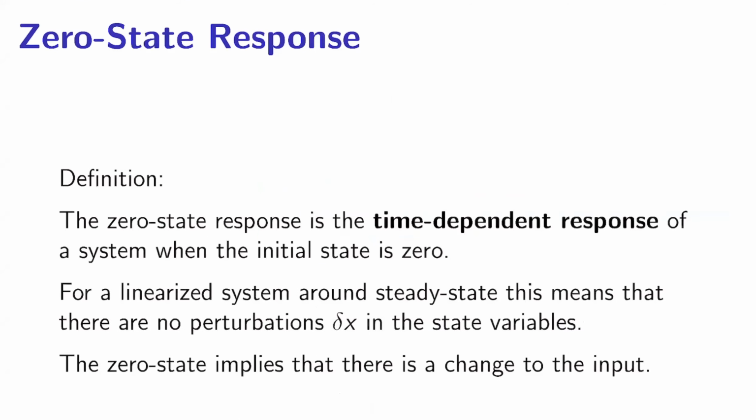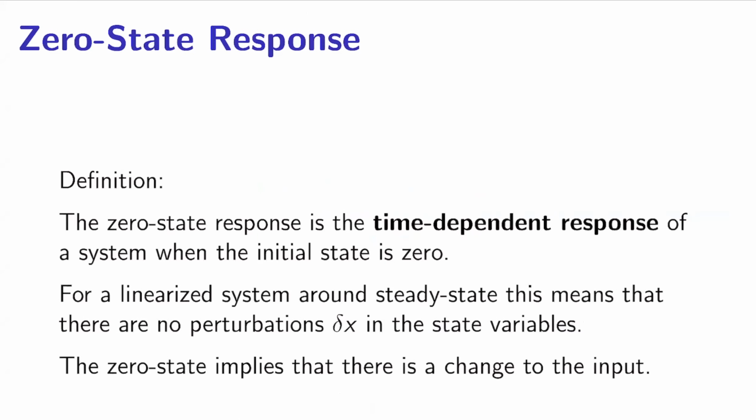Let's remind ourselves what we mean by the zero-state response. It's the time-dependent response of a system when the initial state is zero. Now, for a linearized system, the initial state is zero can be a bit confusing, but for a system linearized around a steady state, this means that there are no perturbations delta x in the steady state variables. It's not that x is actually at zero, it's just that we haven't perturbed it,